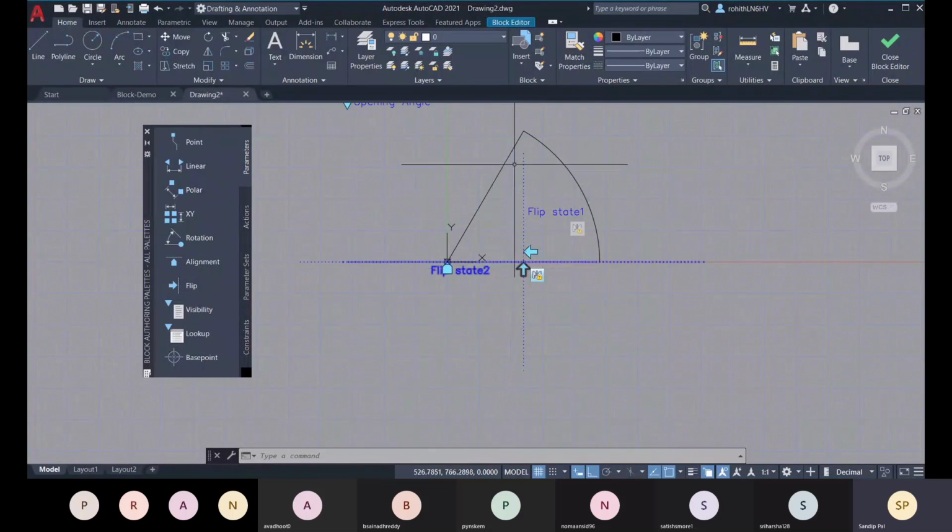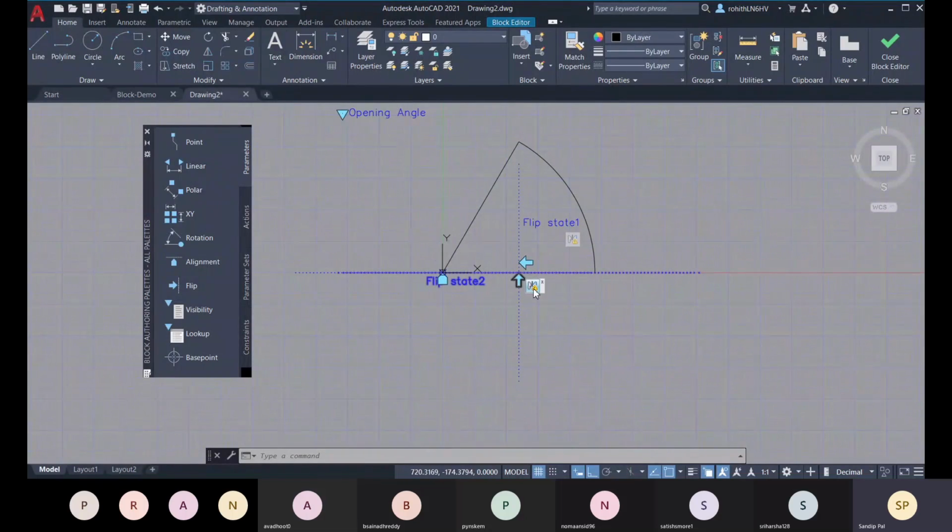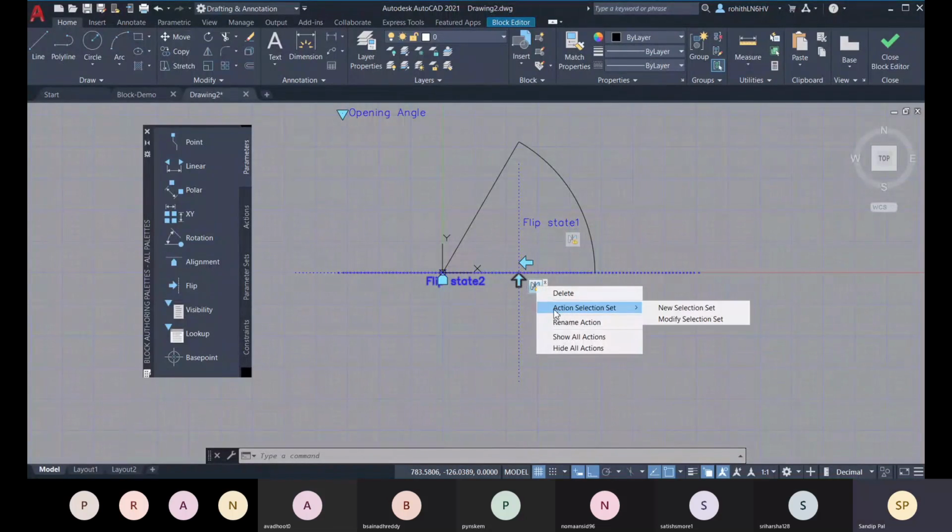Now you have to assign this object with this. This action is assigned, but the selection is missing right now, so go for this action symbol, right click, and you will find this action selection set. If it is a new selection set, click on this new selection set. If you want to modify, then you go for this modify selection set.